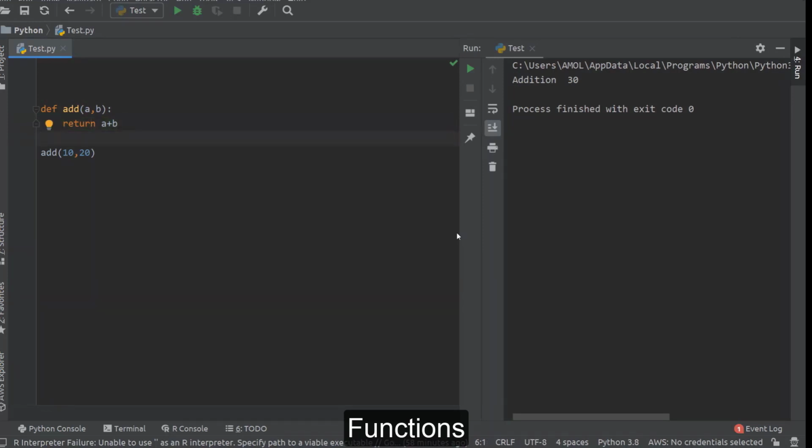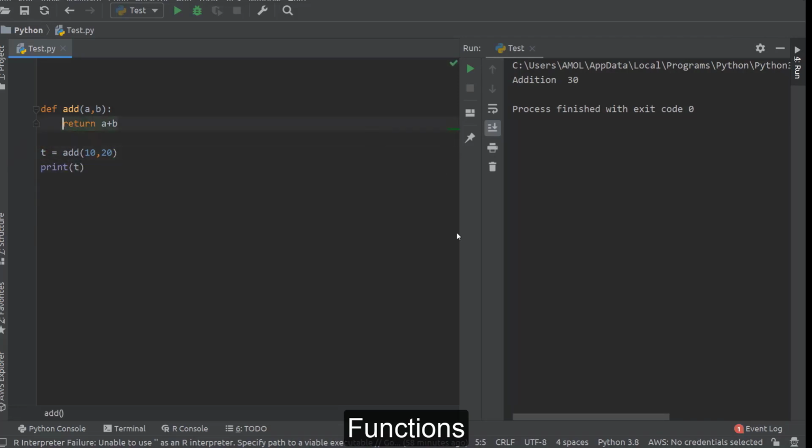So where can we receive that output? Where we are calling this function, here. We are calling this function from here. To this function we are passing two values, which will be received in the variables A and B, and this function returns the addition of these two numbers, which we need to receive in one variable over here. So we can receive this output in this T variable here, and that we can print.